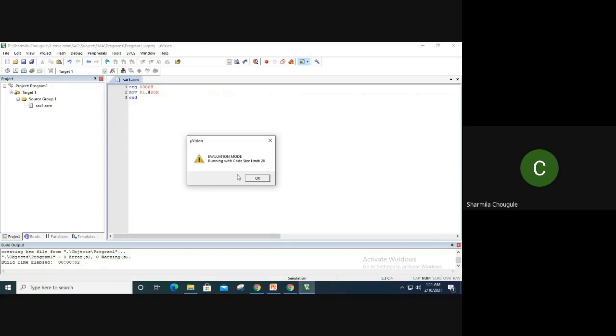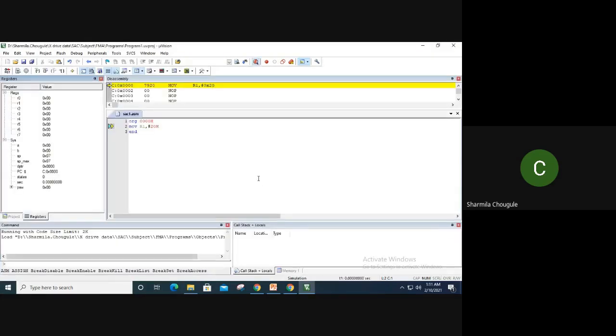See here, the program has started running. You can check the program line by line also. Otherwise you can just run the whole program, but you'll not be able to check the minute details. Okay, so the memory location I have given starts from 0000. This is the default memory location, which it will take from C000. Now if you observe this one, these are the registers. As I told, all the data will be stored in the registers. So you have the registers R0 to R7. These are the different registers.